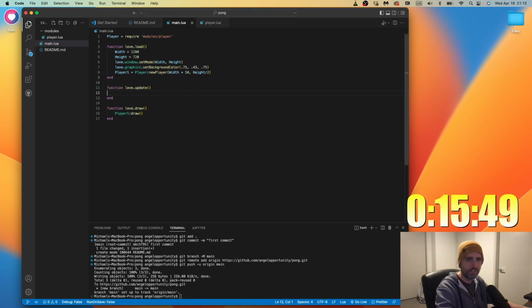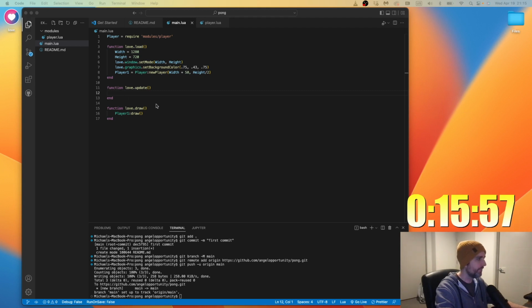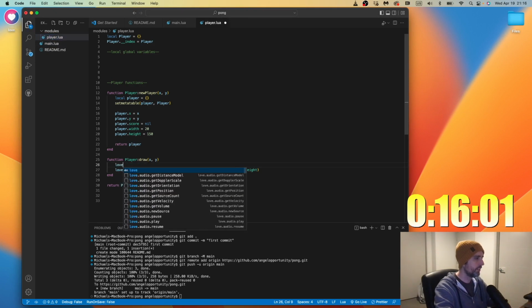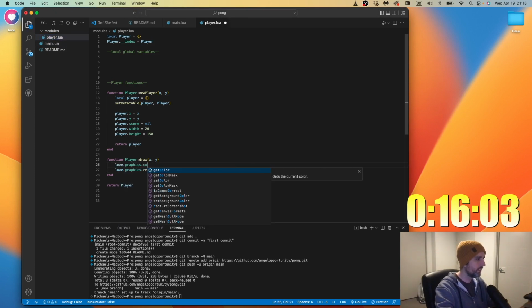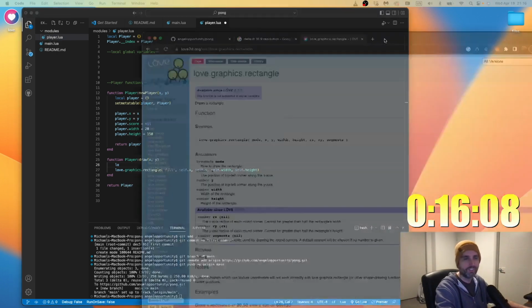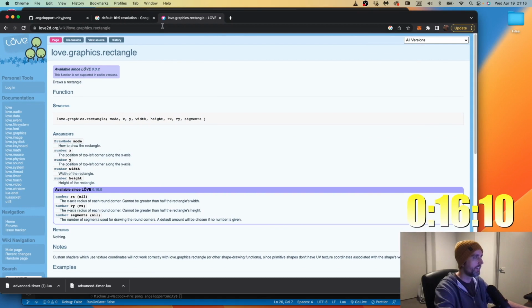So what's the color by default? Let's see. So in here, let's do... I don't remember how to do the color thing. Hold on, going through the documentation.